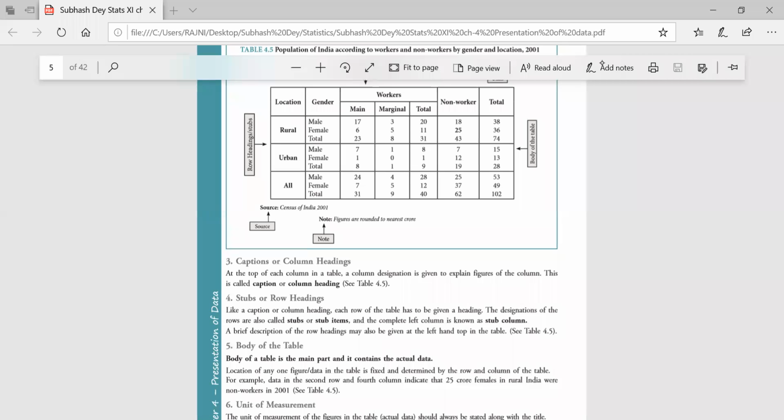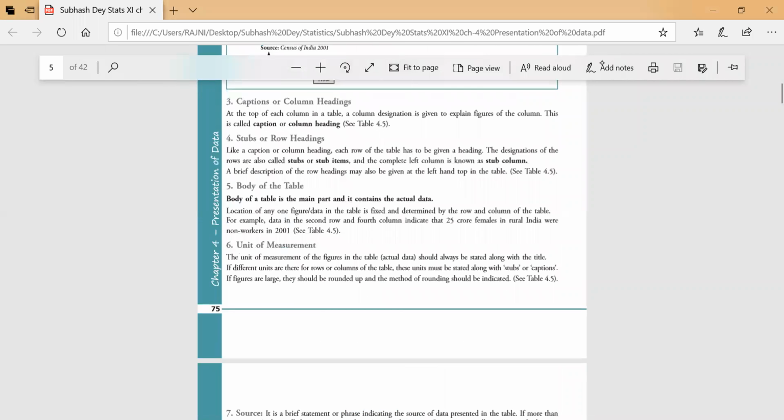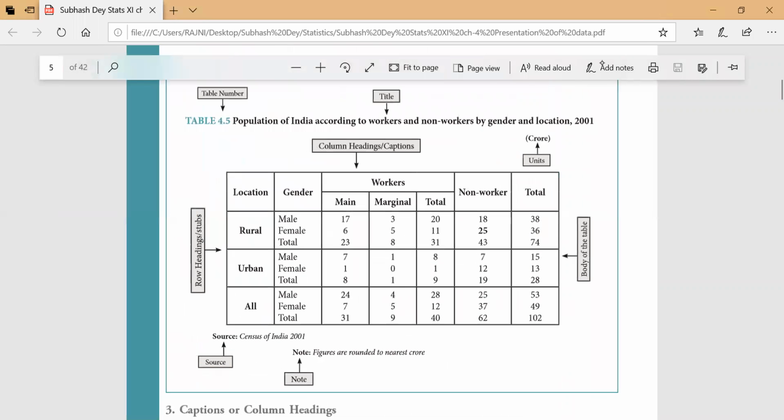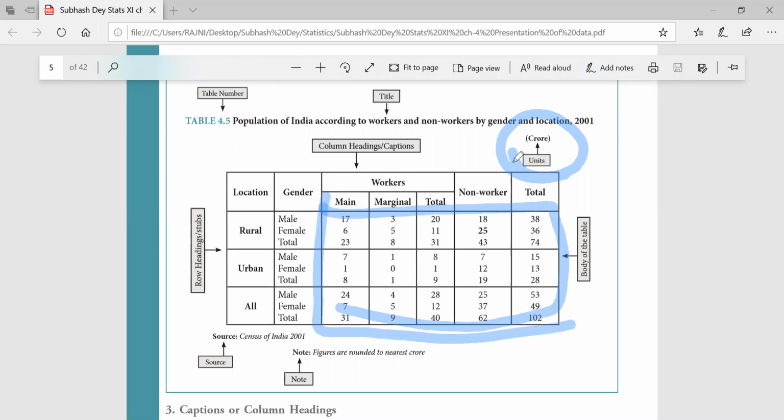After that, unit of measurement. Unit of measurement means that a big amount of data can be given in the information which you want to represent. So it will not be possible to represent the data in the same large number. You just have to define the measurement unit also. What is that? This is crores. Like this, data is mainly represented in terms of crores. So the unit of measurement must be chosen very carefully, in such a way that data can be represented in a short manner.